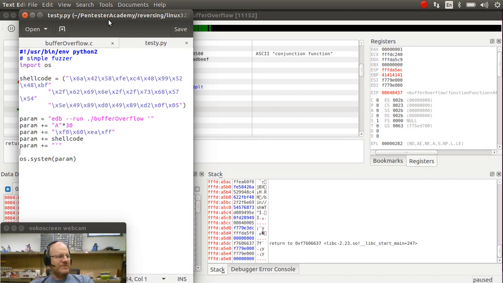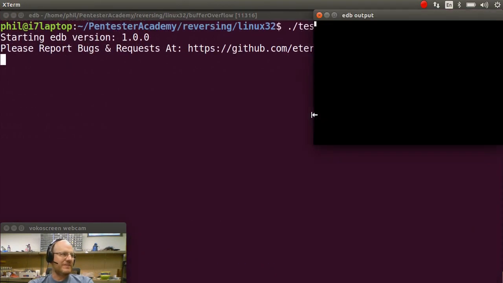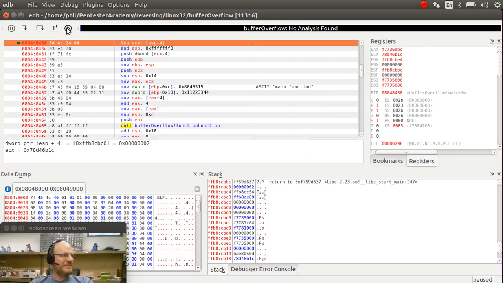You might say, well, let me just try this one more time. Let me just try it with FFFDA5B0. And that should point right here, if we're lucky. So let me shut this down again, rerun my script, run to my breakpoint,